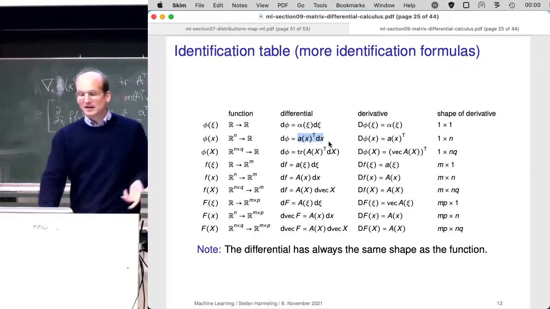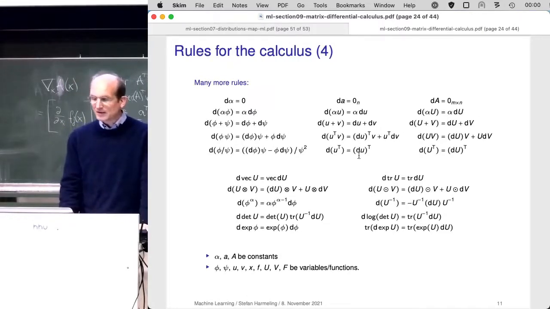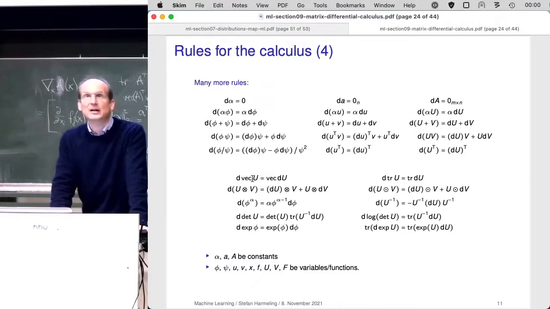Good. I think I skipped one slide. So this is a summary of the rules we've seen so far. Those are the rules that I've showed you already. And these are further rules. Let's look at them. So if we have the vectorization operator of a matrix, it's just a vectorization of the